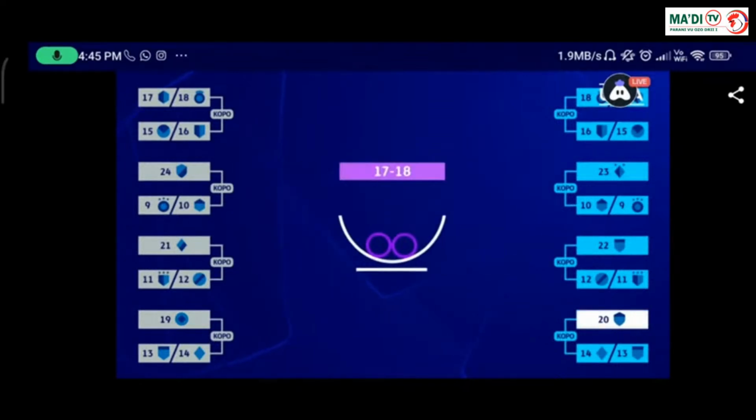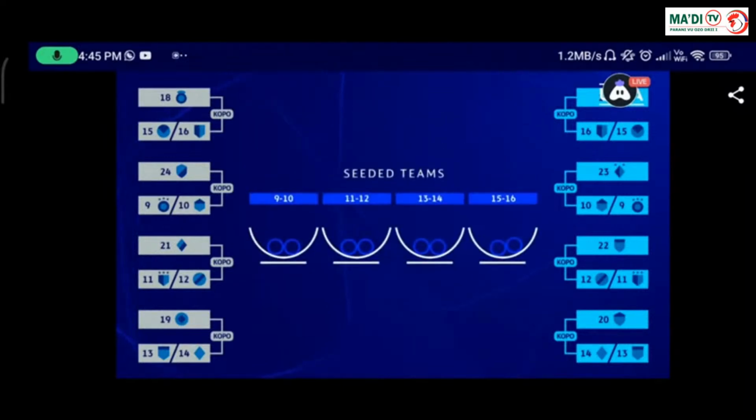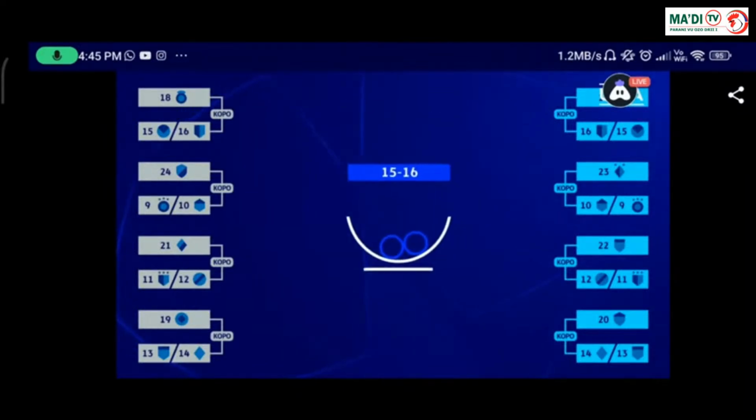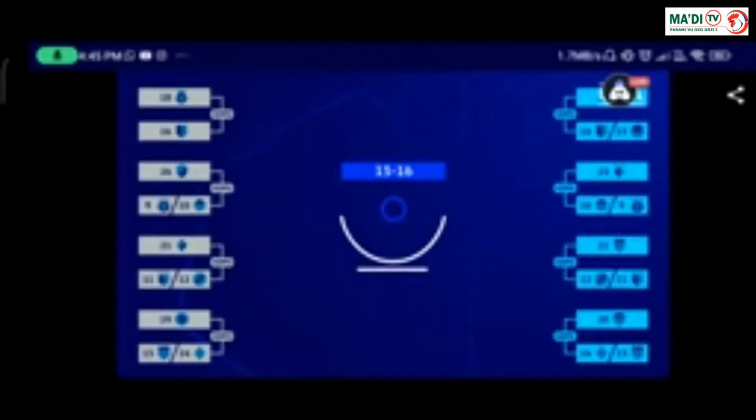Once all the pairings of unseeded teams have been drawn and assigned to an appropriate position on the bracket, the draw continues with the seeded teams, starting with the pairing 15 and 16. The process is the same as for the unseeded teams, with the first team drawn allocated to the reserved designated spot on the silver side of the bracket, and the second team on the blue side. The procedure is repeated for the remaining pairings, finishing with the pairing 9 and 10 to complete the pairings for